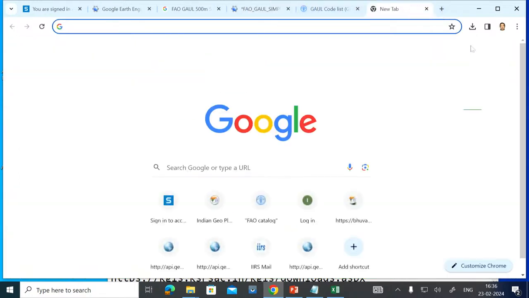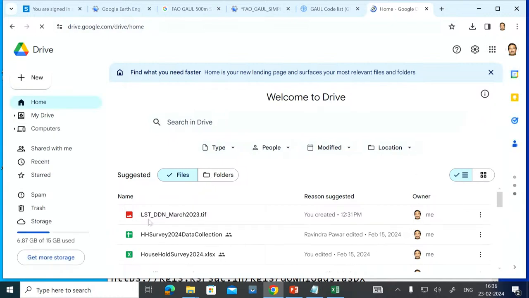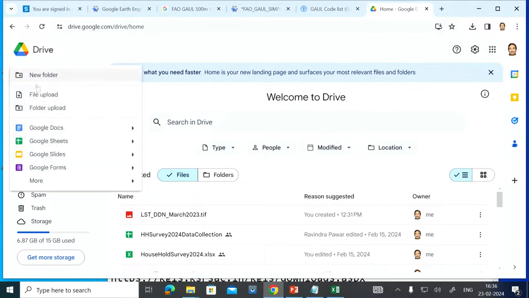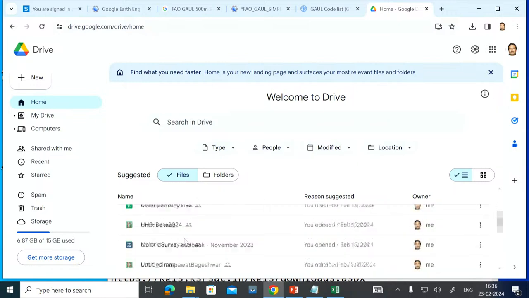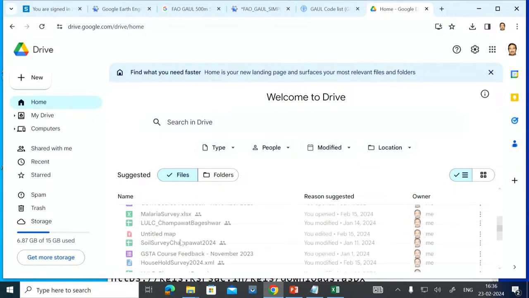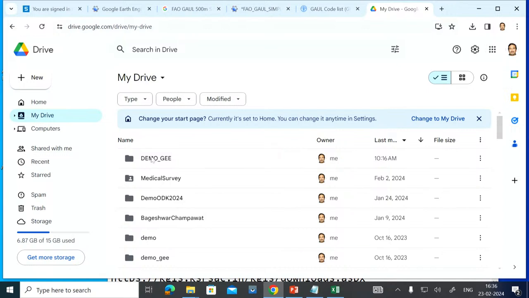Now if I open my Google Drive here, let us try to see it. In Google Drive, this is the home folder. And in my folder I have that one folder we have given. So I will go to that particular folder here, my drive, and then demo GE.